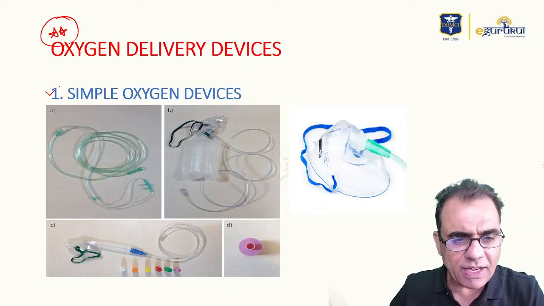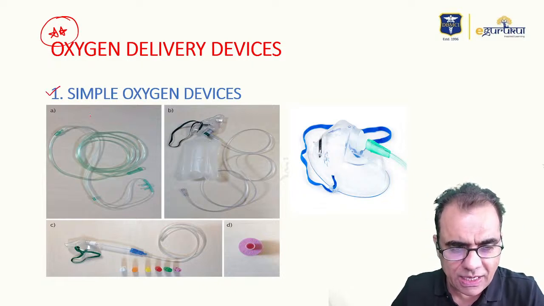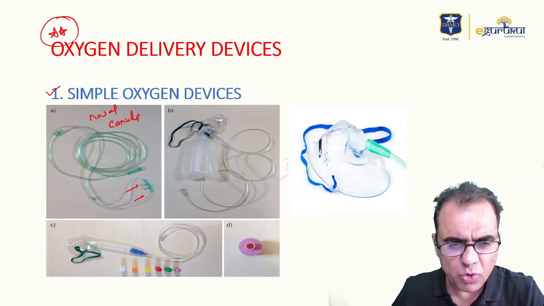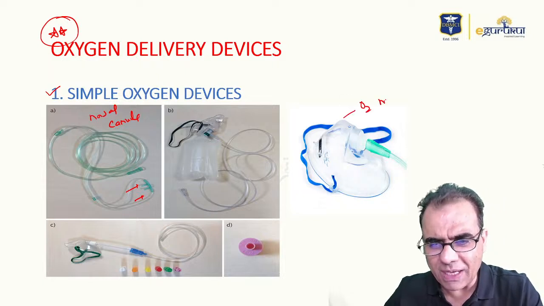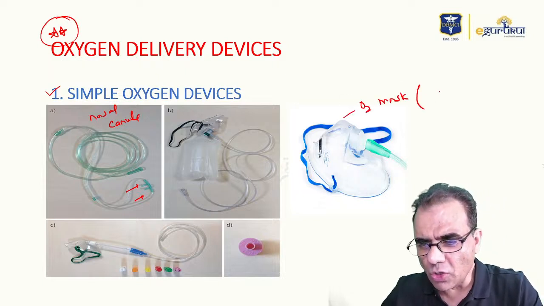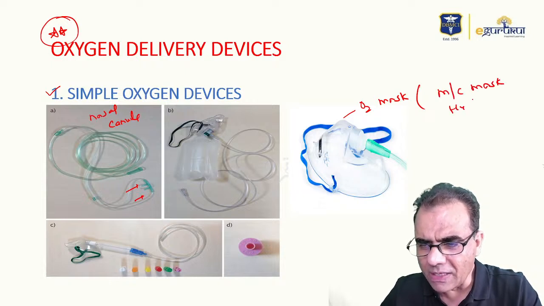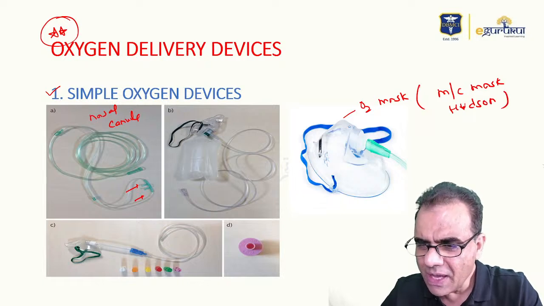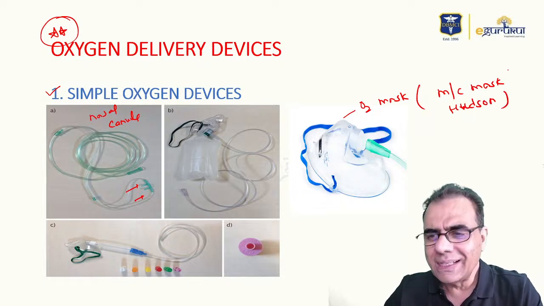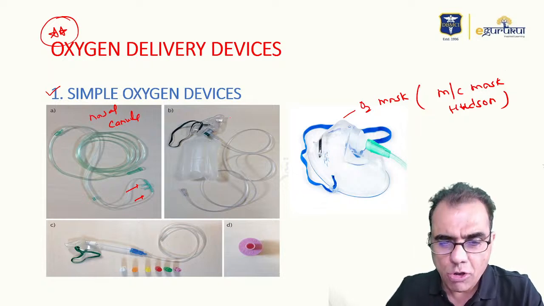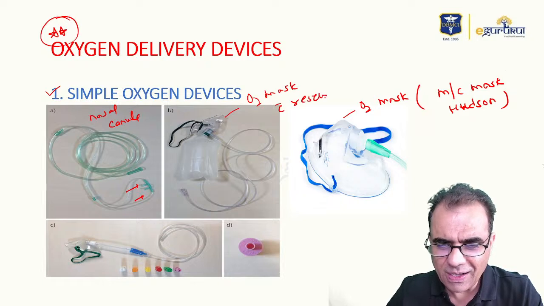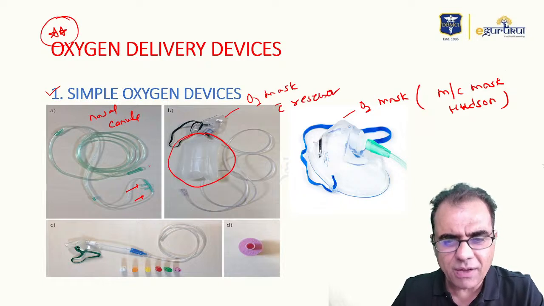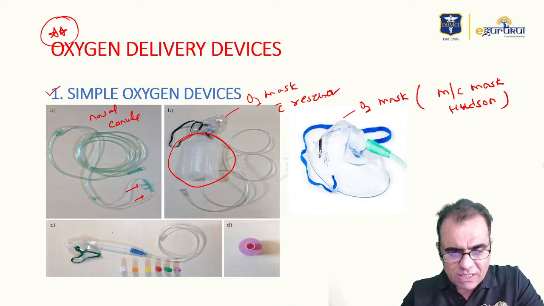So simple oxygen devices, this you know is the nasal cannula. Many of you would have used it also. This is a simple oxygen mask, which is also called the MC mask, McCartney mask, or maybe Hudson mask. So if they give these fancy names, Hudson mask or McCartney mask, this is nothing, this is a simple oxygen mask. This is an oxygen mask with reservoir. You can see there is a reservoir bag. So oxygen mask with reservoir, and this is the Venturi mask,